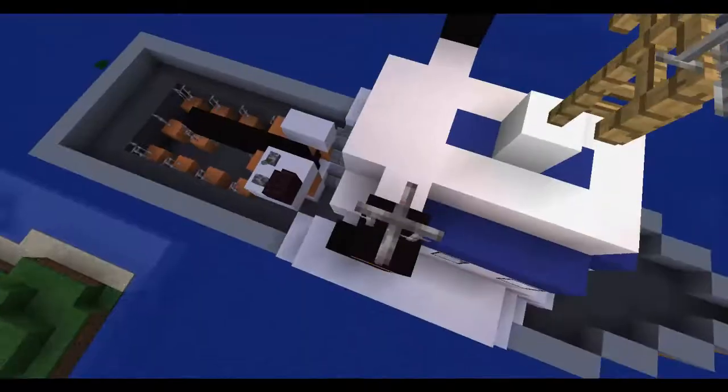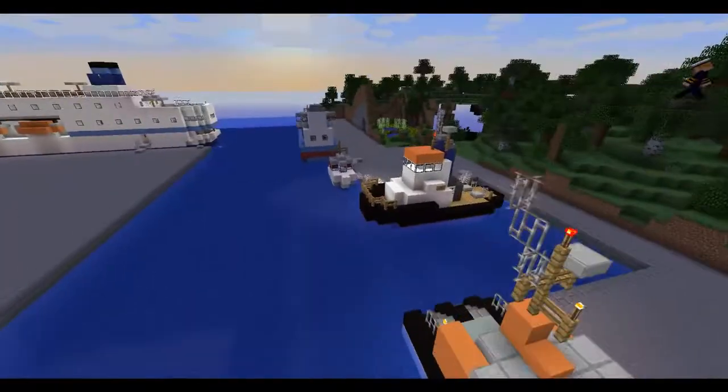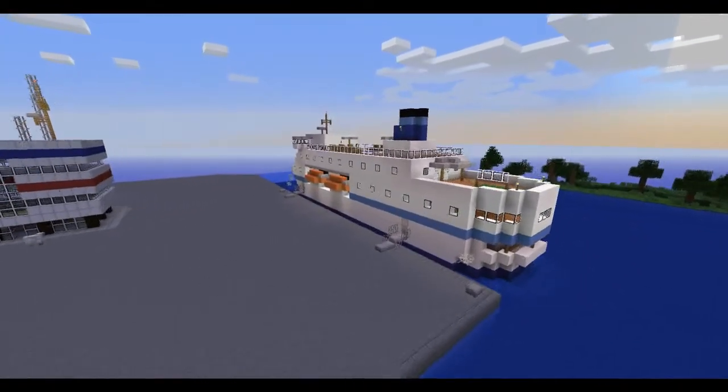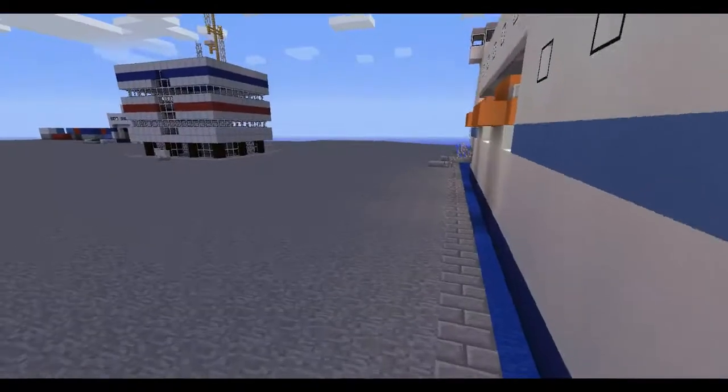So right here we just got my Coast Guard ship. You got George's pilot vessel and George's tug over there. And then right here we got his cruise ship, which I don't know if it has an interior. Do you know if he... Nope, it doesn't look like...